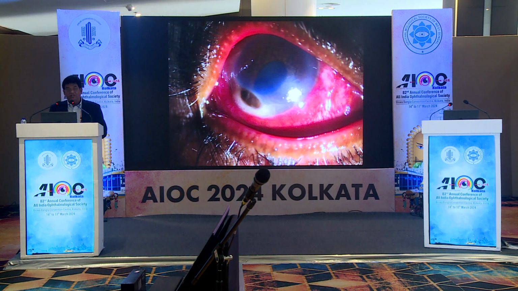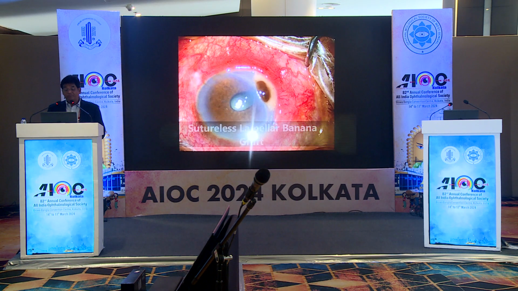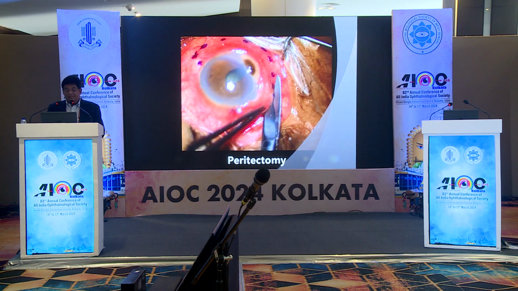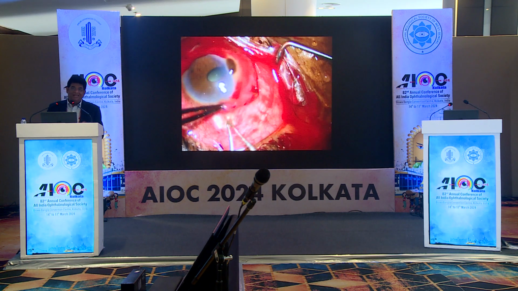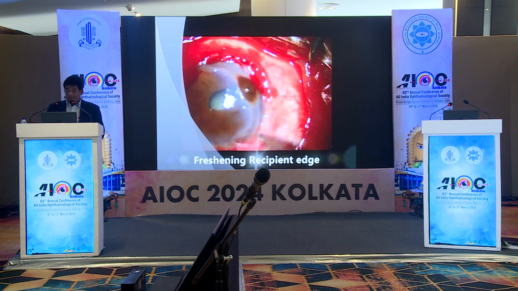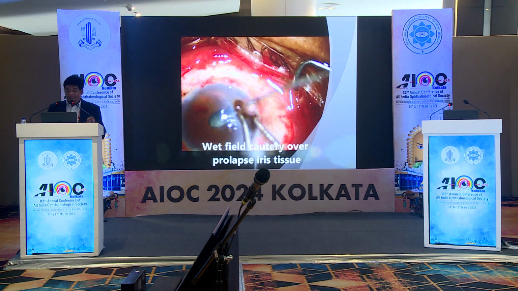Now, this patient presented with a peripheral iris prolapse and corneal thinning, and you can look at the other eye, which is already thinned. Because the disease is classically bilateral, it is not uncommon to have many of these patients as one-eyed patients. In this case, I did a sutureless graft. The challenging part is to harvest the lamellar graft and then to seal it with the fibrin glue instead of sutures, because when we put sutures, we induce a lot of astigmatism in these patients.